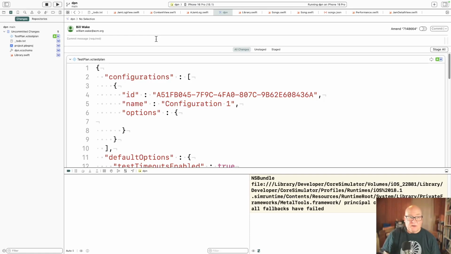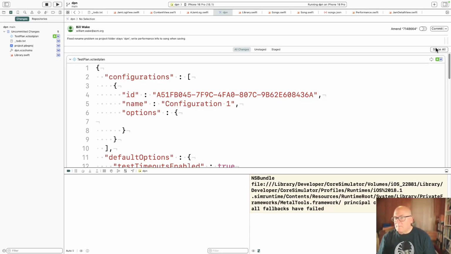Okay, so we fixed the rename problem. So the project folder stays DPN. And then we write performance info to song when saving.